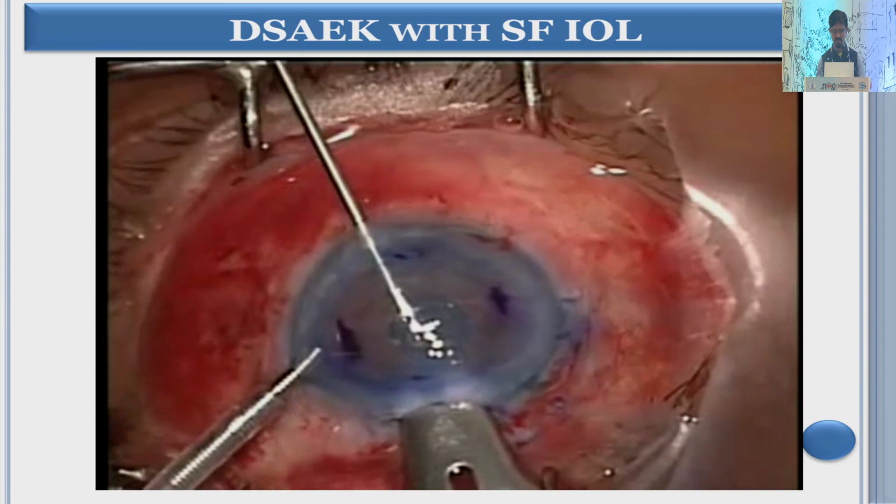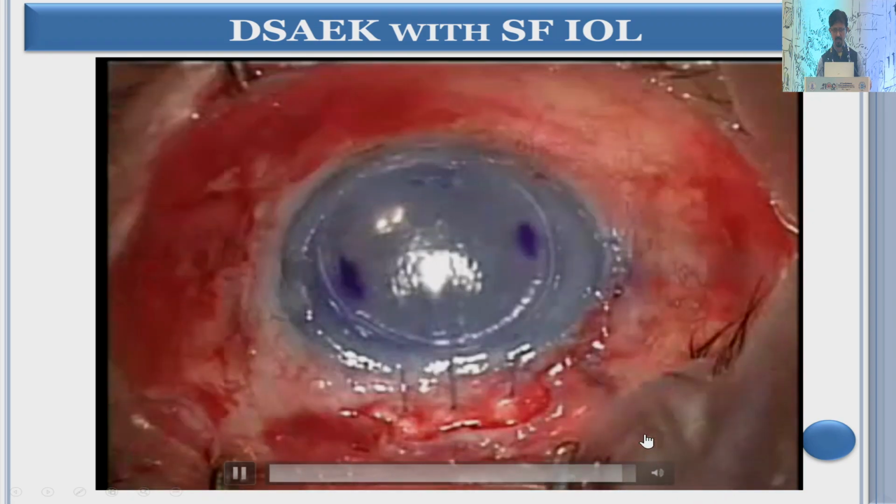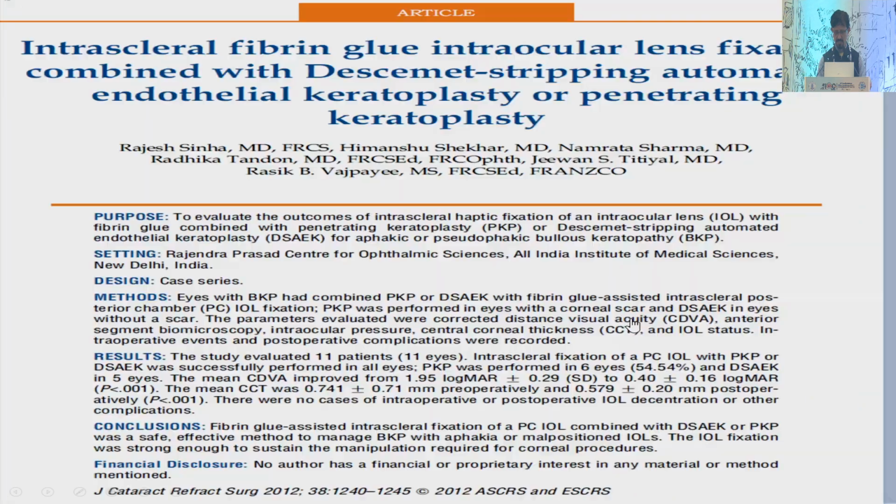So this is how it has been done. A donor lenticule on a Busin glide has been placed, and now it will be placed into the anterior chamber. Air bubble is injected, and this is the end. So we published this study in the Journal of Cataract and Refractive Surgery,